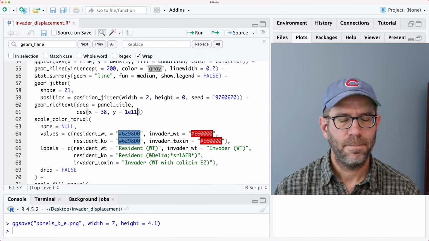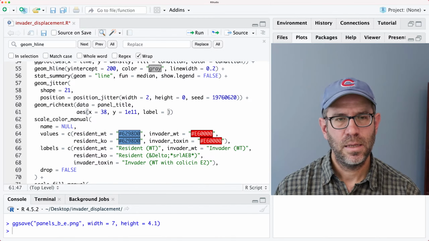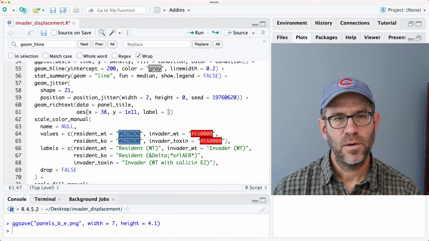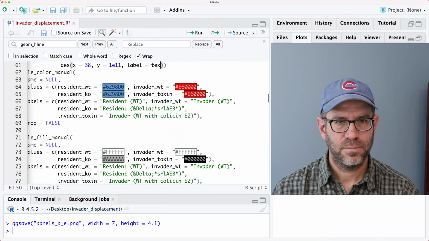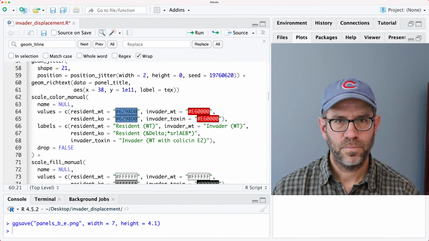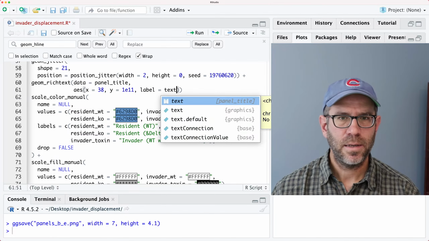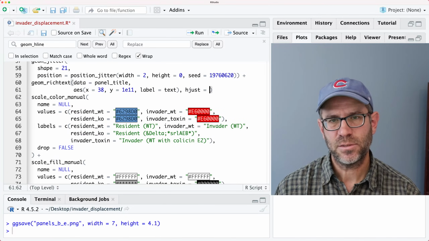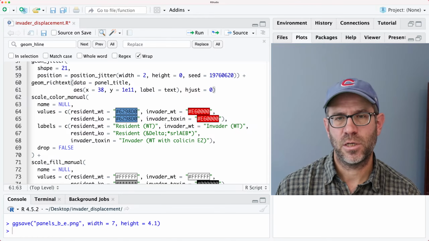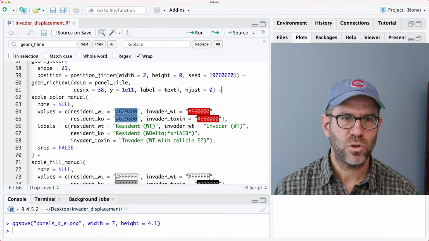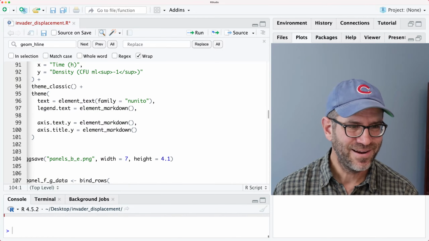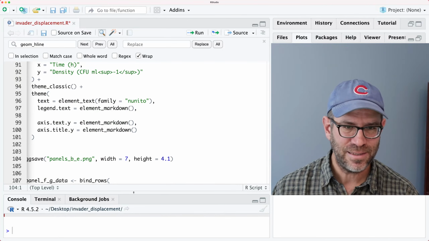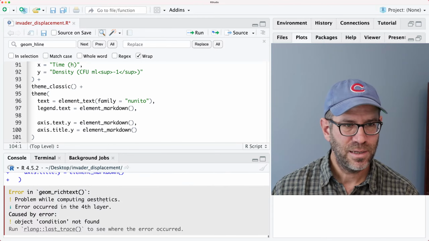And then my label is going to be from panel title. What did I call that even? Text. All right, text. And I want my hjust for my text to be left justified. Okay, so we'll go ahead and try that. I'm pretty sure this is not going to work as desired, but hey, we'll give it a shot. And I see some message,